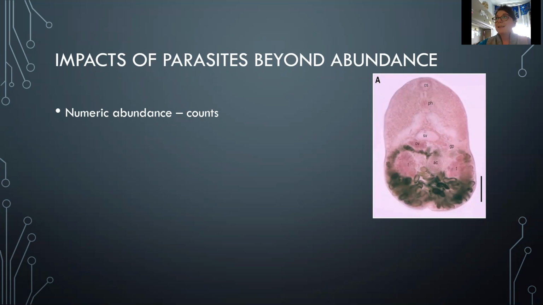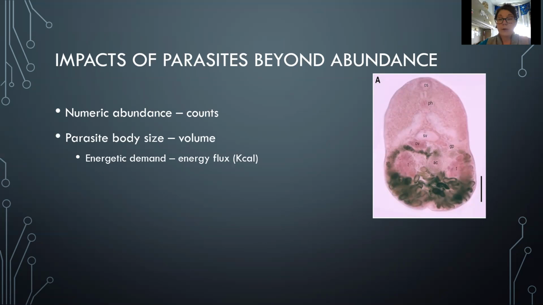But it doesn't necessarily take into account, or represent, the impact that those parasites might be having on their host. In order to do that, we might take their body size and the energetic restrictions that they're putting on their hosts into account. So using parasite body size combined with their abundance, we can figure out the volume of parasites occurring within a host, and then convert that into the energetic demand that a host is encountering based on its parasite